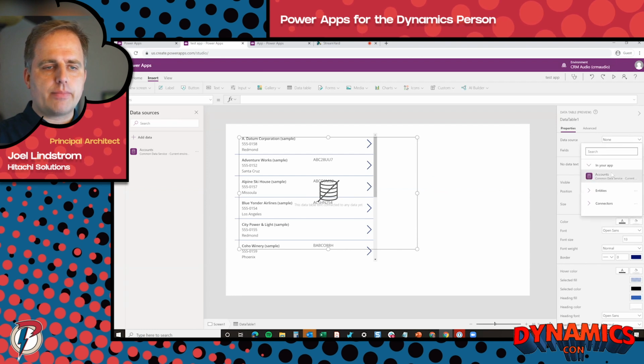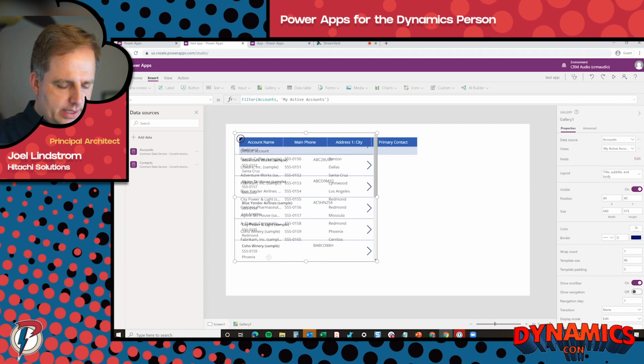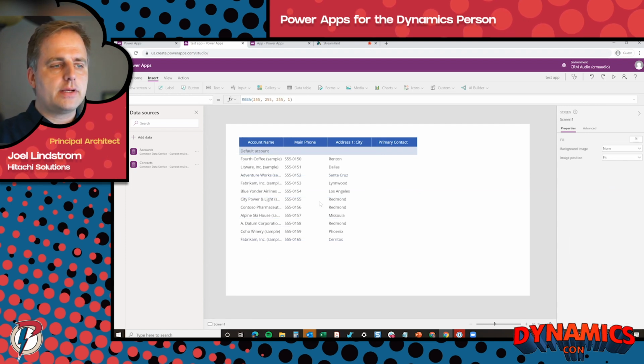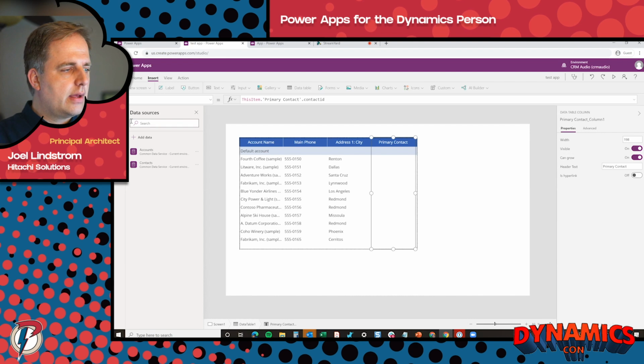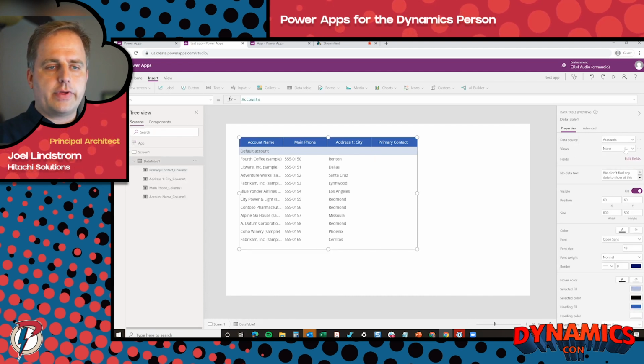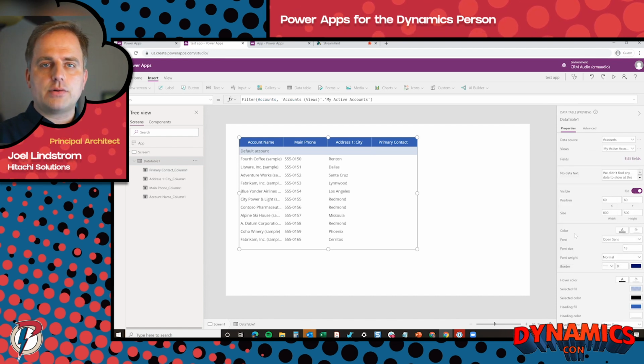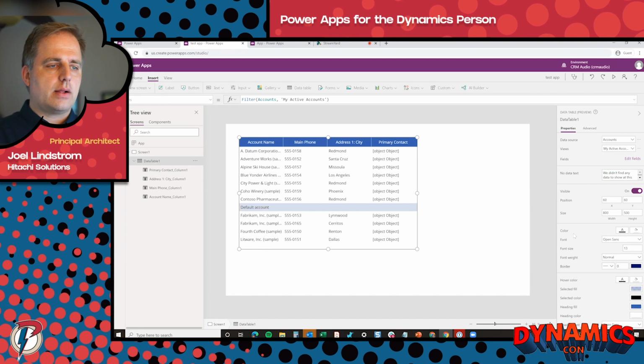So if I make this data table account, and I should probably remove my gallery so it doesn't get all jumbled there, you'll see instantaneously you have more of what you might think of as a view layout. For a data table, you can also choose system views. So if I want this to be the My Active Accounts view, I could do that as well.